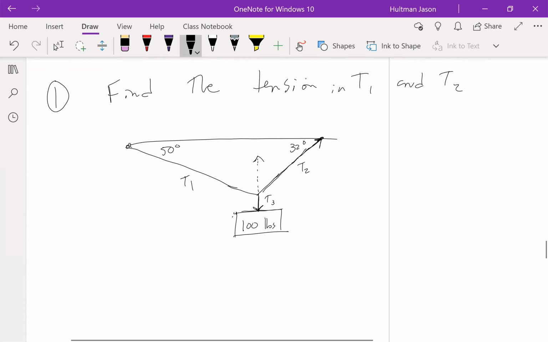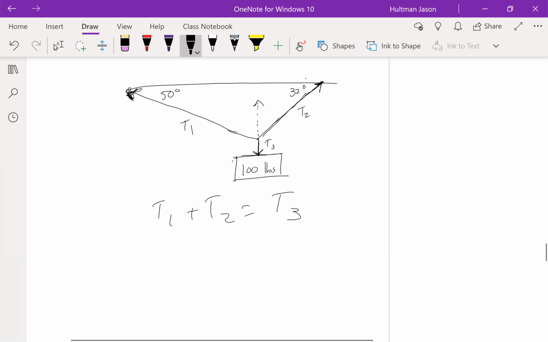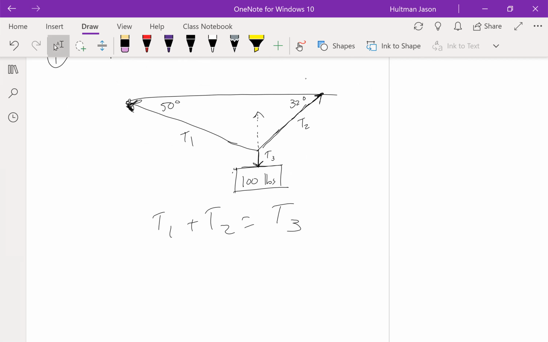Well, because this is in equilibrium, what do I know about the tension on all three of these? They have to be equal, right? Doesn't T1 plus T2 have to equal T3? Isn't that true? Okay, so I'm going to say that T1 is equal to,